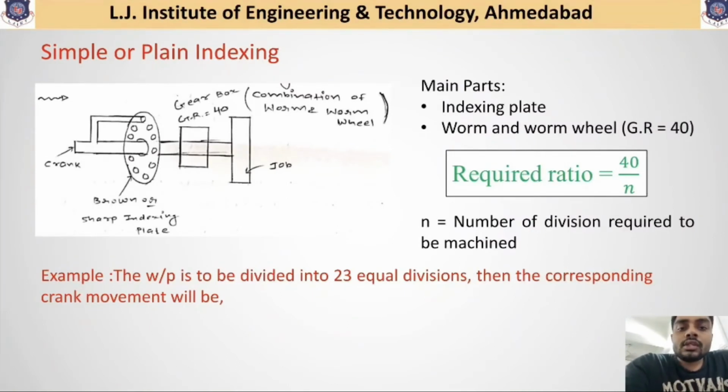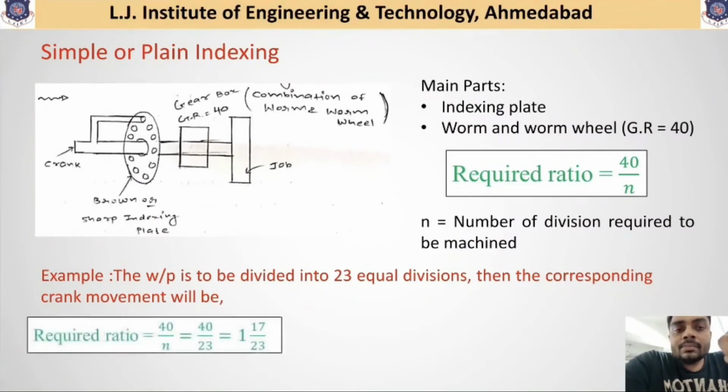So due to that particular disadvantage, this simple or plain indexing method is used. As given in the example, the workpiece is to be divided into 23 equal divisions. So over here our small n is nothing but 23, and the corresponding crank movement is obtained by using the equation 40 divided by n. So 40 divided by 23. Now this fraction form is further converted into a partial fraction form, and that will give you